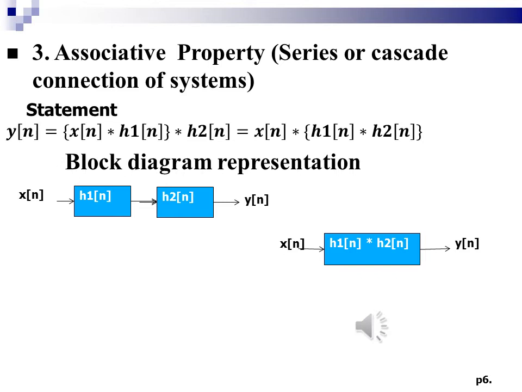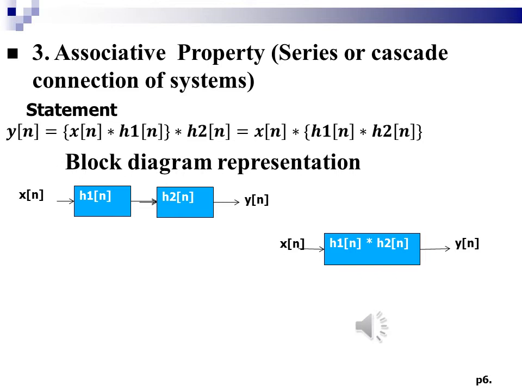So you can see that in the second block diagram the overall impulse response of this system is h1 of n convolved with h2 of n. So what meaning we understand from it: if the systems are connected in series or cascade, they can be replaced by a single system which is having an impulse response as convolution of their individual impulse responses. So we are considering only two systems. So the statement can be written as y of n is equal to